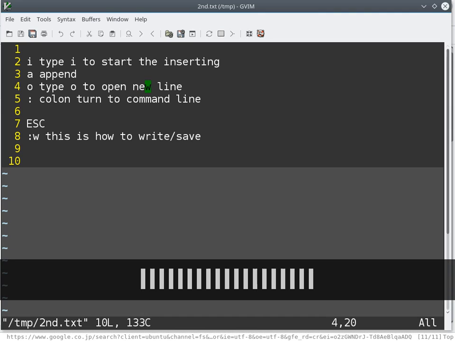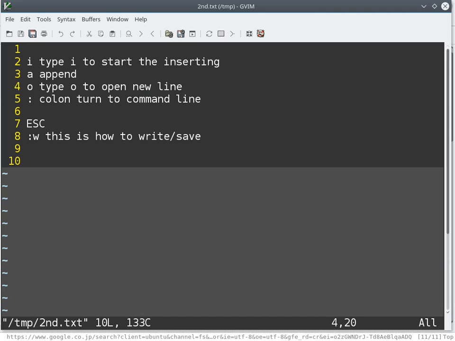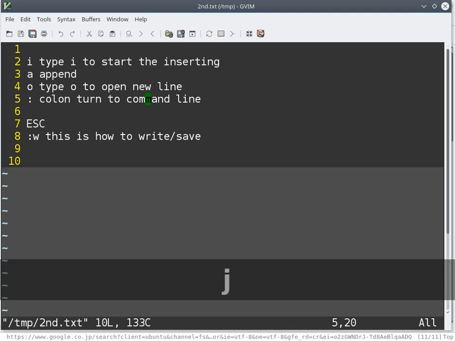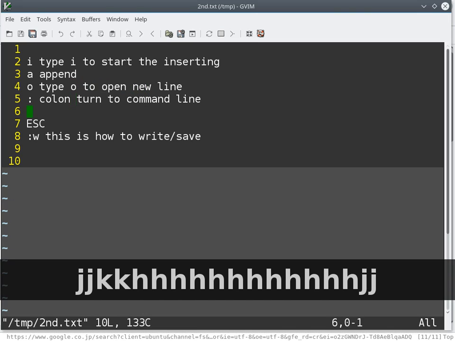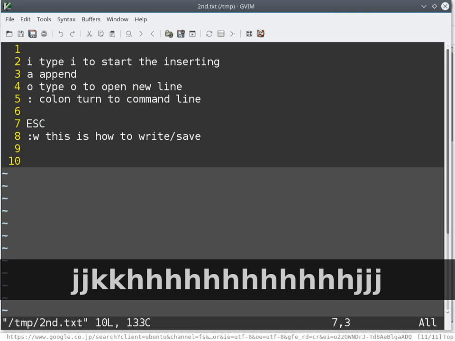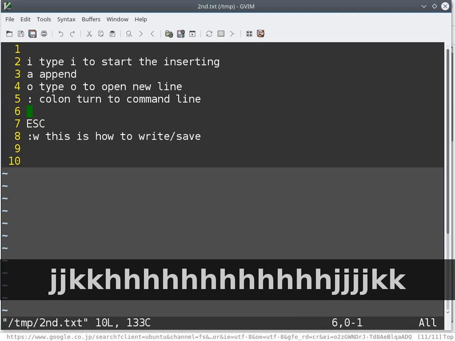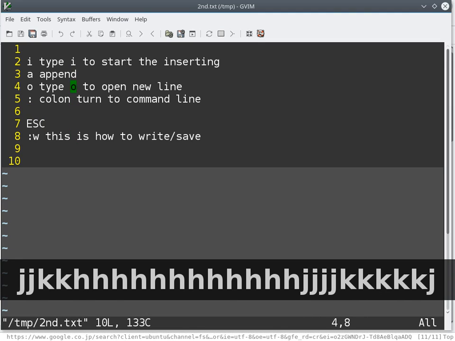Of course, L is on the right side of the index finger, so it's very easy to remember by your finger. You don't need your brain to work. Your finger knows how to move the cursor. Okay, this is move downward, move upward. And how